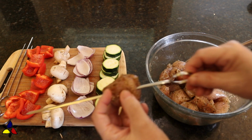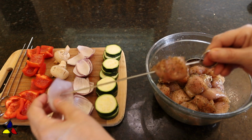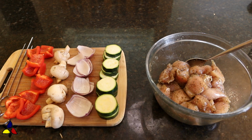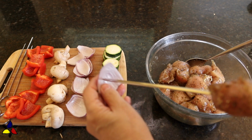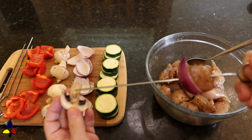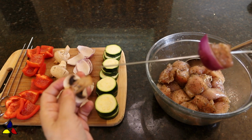However, alternatively, if you don't have these, you can use a bamboo skewer. But remember to soak it and make sure it's completely waterlogged before proceeding. Okay, let's get started. I begin by sliding the first cube of marinated meat onto the skewer and push it